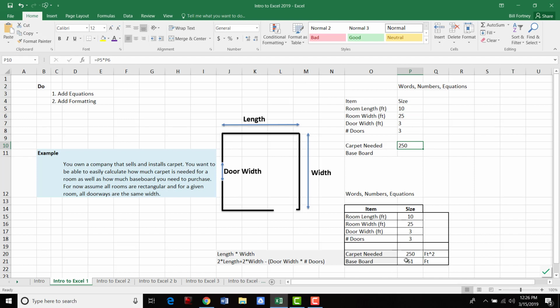Okay, now I need to worry about the baseboard. What's the equation there? Well, I've got the width twice, the length twice, and then I need to subtract out for the door widths. So I've got 2 times the length plus 2 times the width minus the door width times the number of doors. Okay, so I'm going to come right in here and I'm going to do that. I'm going to say 2 times the length plus 2 times the width, okay, minus,